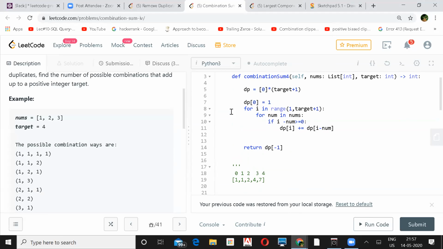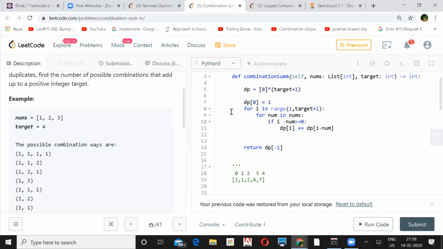I didn't get it. Can you repeat once more? So I was just referring to it like this. If I need target 4 with these 3 numbers, I will try to get it from 1 and 2 and then include 2, something like that. So I need to get target 4.